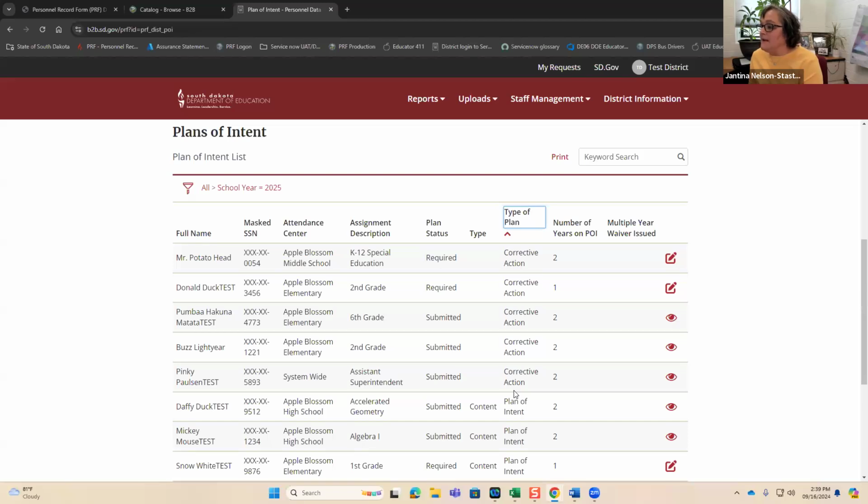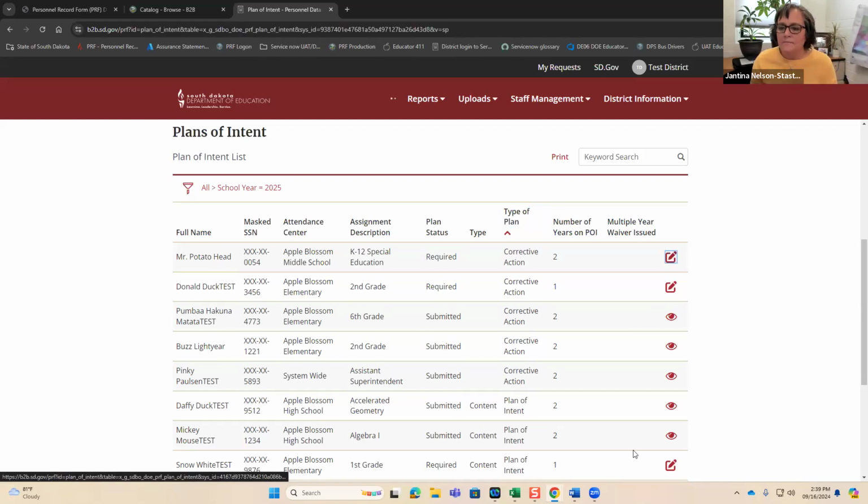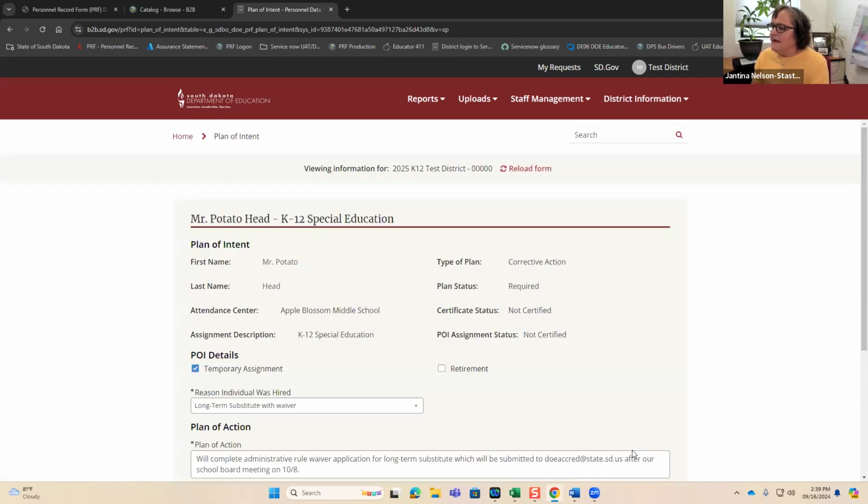If that certification isn't sufficient for them to be deemed state certified to teach, then it'll generate a plan of intent, but they'll still count towards the half-cent tax increase. So let's look at Mr. Potato Head, as he is on a corrective action plan.